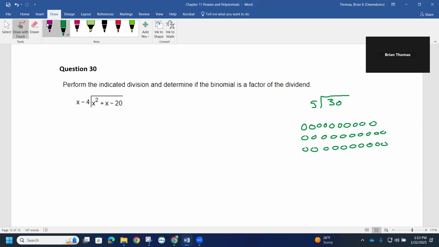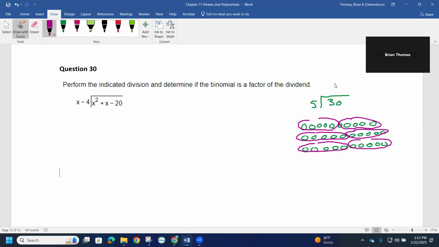If I group them by fives, I have 1, 2, 3, 4, 5, and so on, group after group. So basically if you divide 30 into groups of 5, you're going to end up with 6